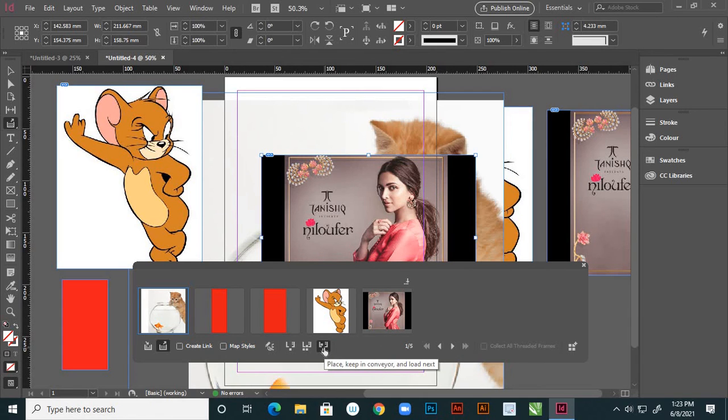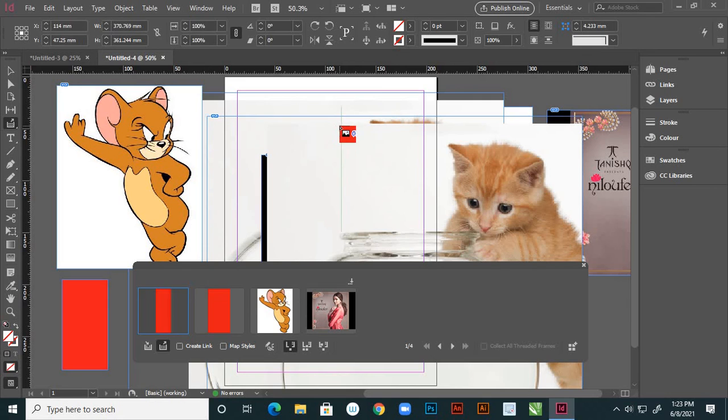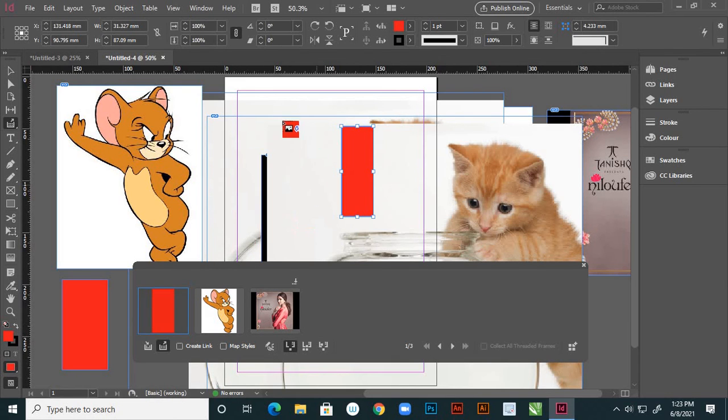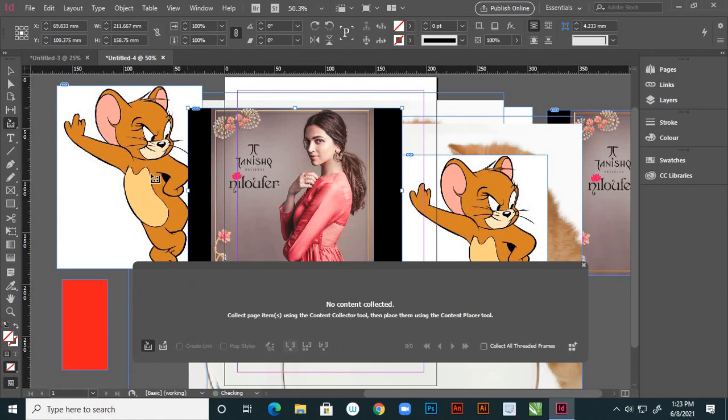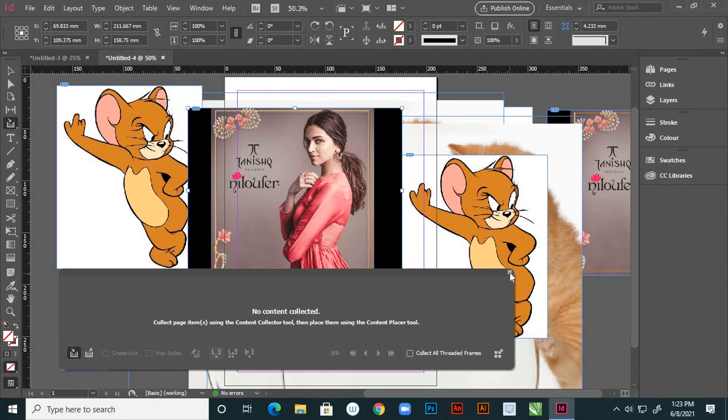Suppose here there are options: place, keep in conveyor, and load next. So place multiple and keep in the conveyor, and here place, remove from conveyor, and load next. Suppose after placing, see, the conveyor is losing its properties inside, no content collected. So I choose this option, so that is the reason it is emptied, right?